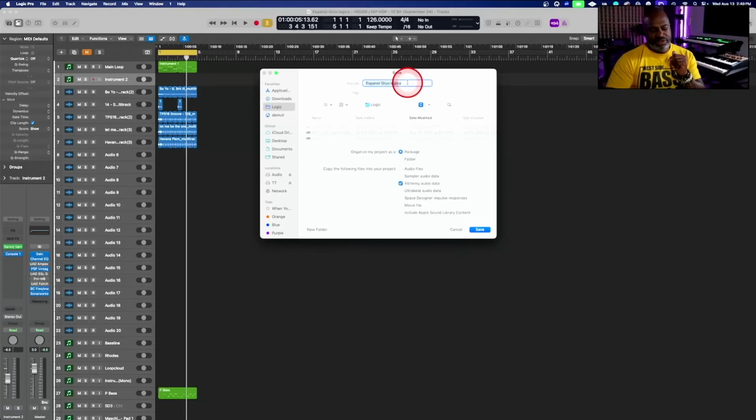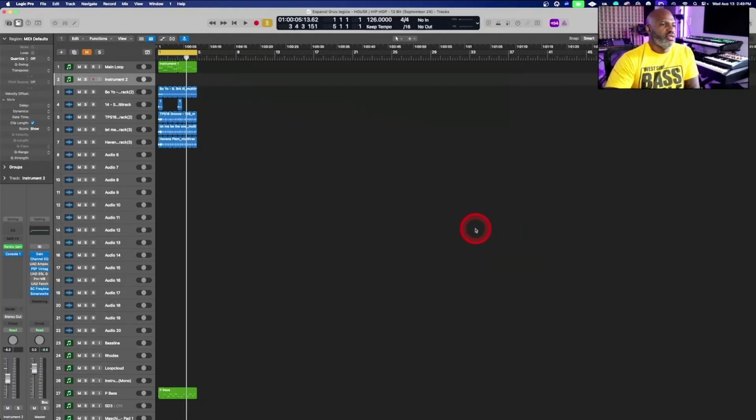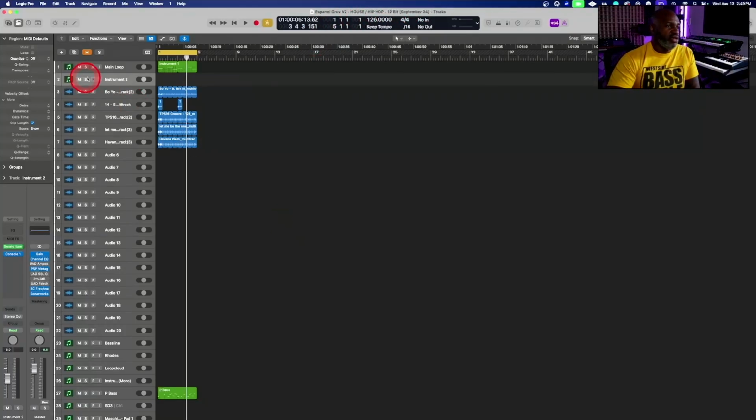I'm gonna call this Espinal Groove V2. Copy the following files. Yeah, the audio files. Huh, interesting. Okay. And I also find it interesting now in Logic, it keeps the template name there, which is different. Okay, so what we're going to do, I don't like